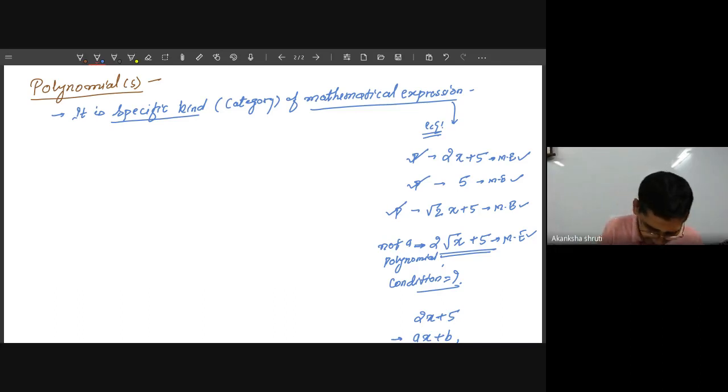So what is that? Let me write. In general, a way of denoting a mathematical expression is writing in terms of a, b, c, d as constants, and the variable as x to the power n, x to the power n minus 1, and so on, with plus and minus. Students, write the general definition. So a mathematical expression or an expression of the form.